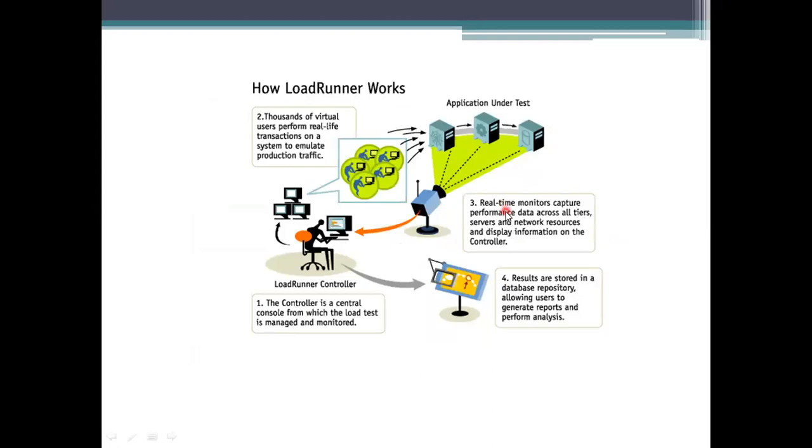So here, in this work, see Hima, how many people are connected? Multiple people around the world are connected, taking the applications which are under test. How is it going to be processed here? The first step is that the controller is the basic one. The controller is used to load the test, which one has to be tested and which has to be skipped. This will be divided by the controller.